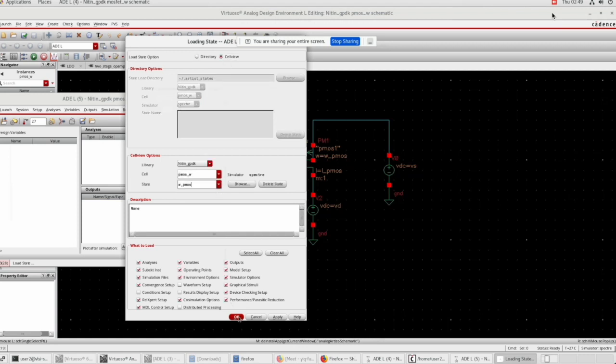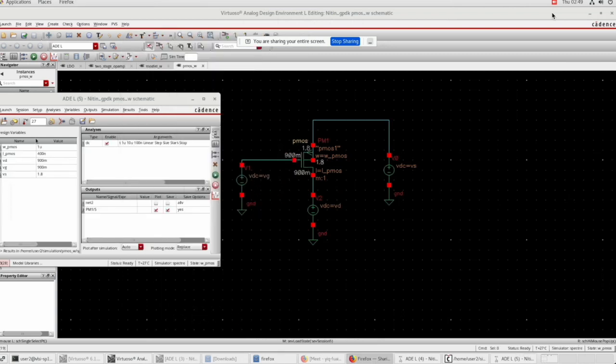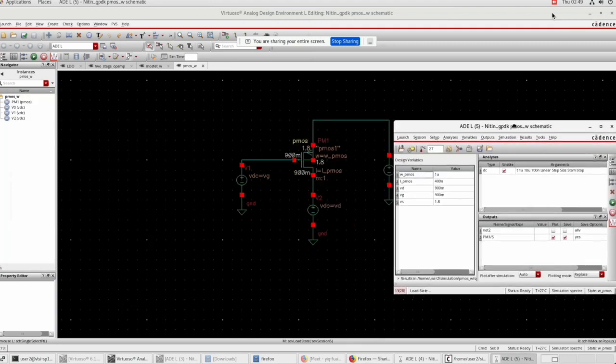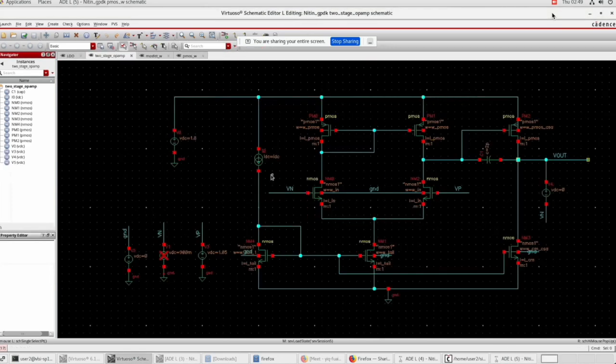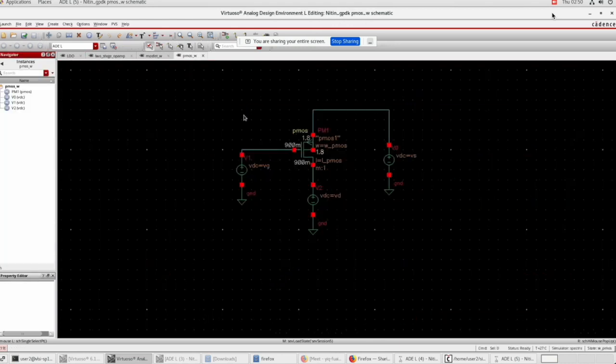So for the PMOS present in the differential amplifier, these are the values. Let us look at how we got these values. The VD is 900 millivolt, that is, this node is 0.9 volt, and this is the source, and it is fixed at 1.8 volt. And the gate is also connected to the drain, and both are at 900 millivolt. And the current through this PMOS is 30 microampere, which is the same as the current through the input MOSFETs,